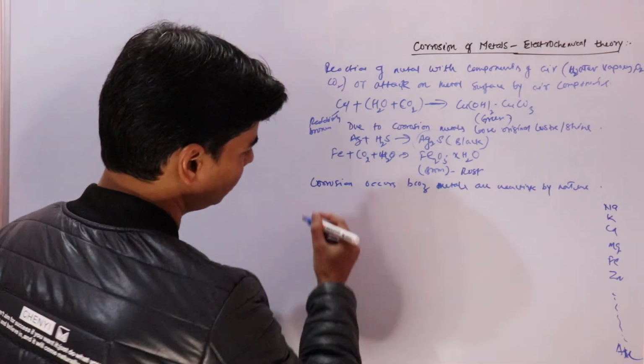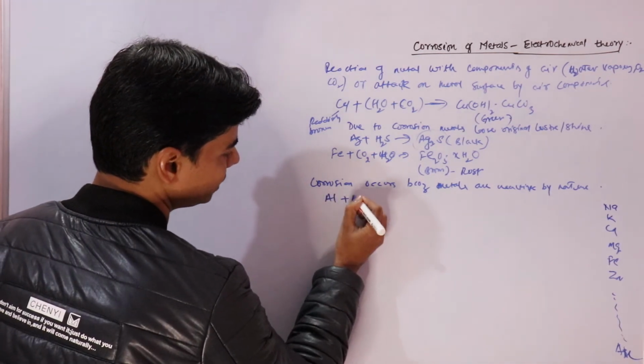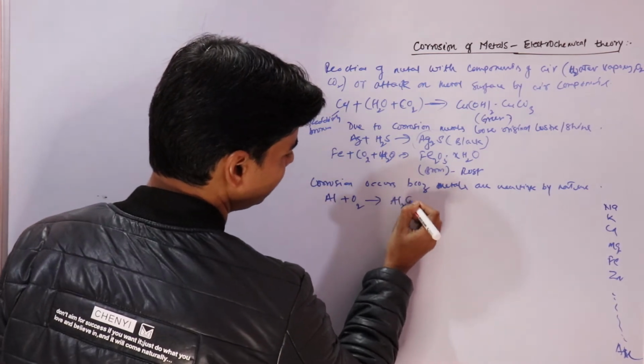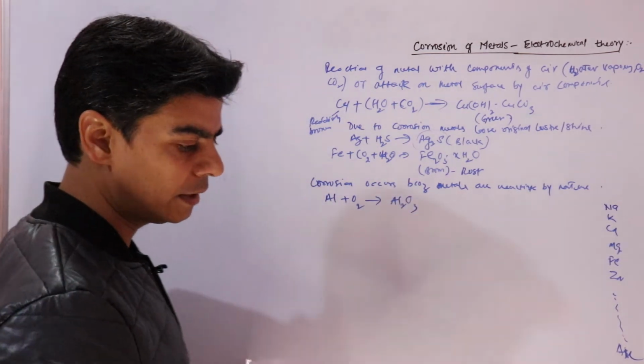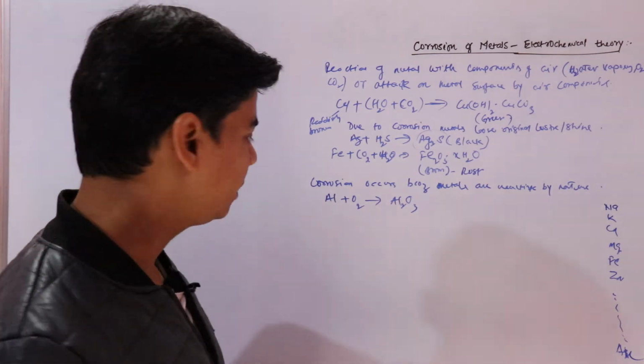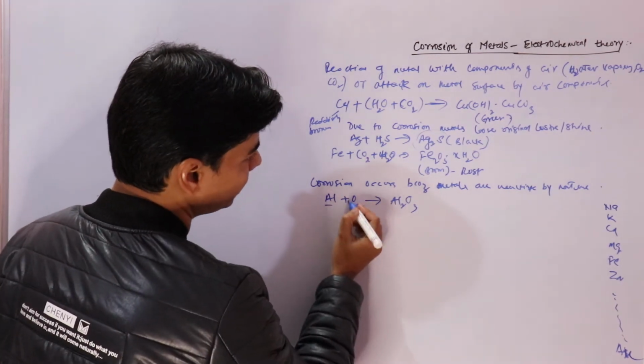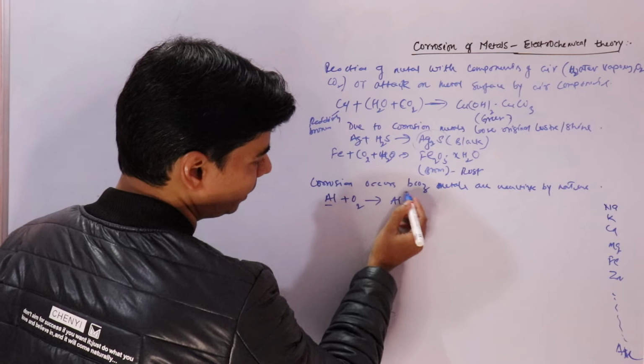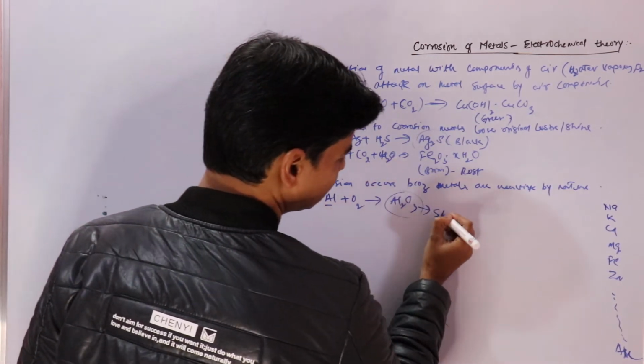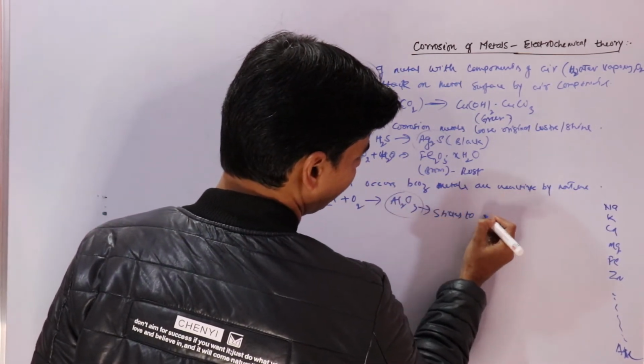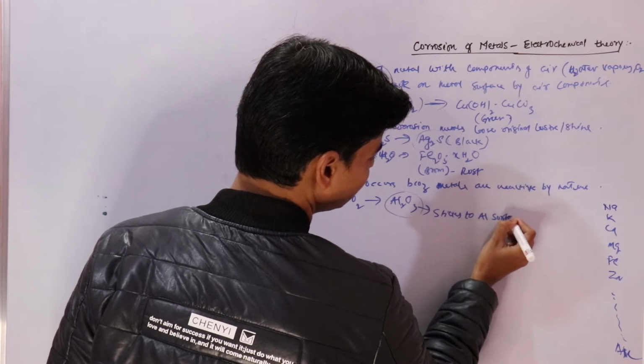Similarly, one important corrosion is corrosion of aluminium, which reacts with air to form Al2O3. And we say that aluminium doesn't get corroded. Why? Because aluminium will react with oxygen to form aluminium oxide, and this sticks to the aluminium surface